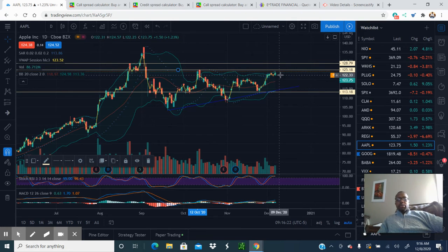So anyway, I'm playing a debit spread on this. That's the way of beating theta burn. Your risk is defined, and also your upside is defined too. You can say it's a bad thing, but pigs get slaughtered, right? And a credit spread, right? If you do a credit spread around 113, you probably won't make much money. But if you want to, I would say around this support here, like 120 ish or below, a credit spread,